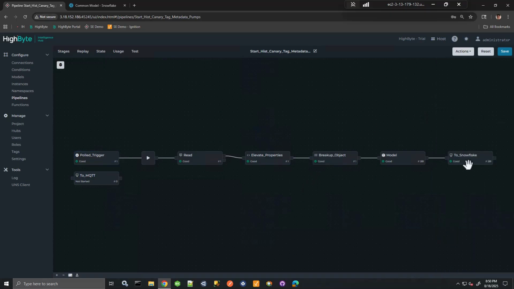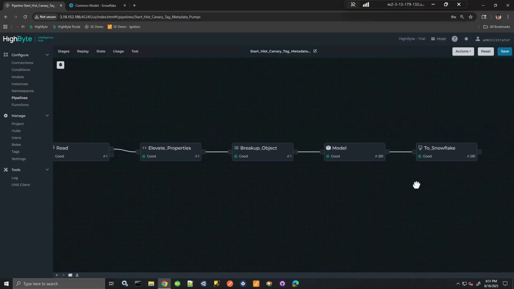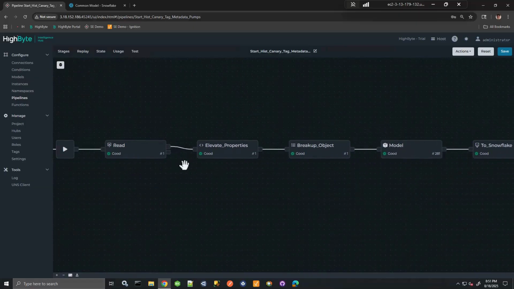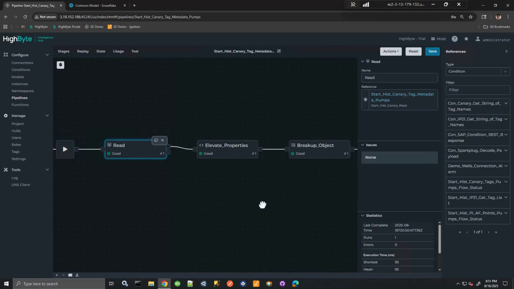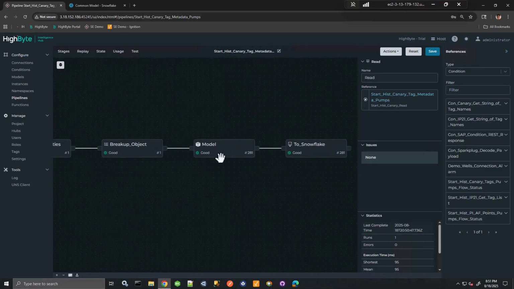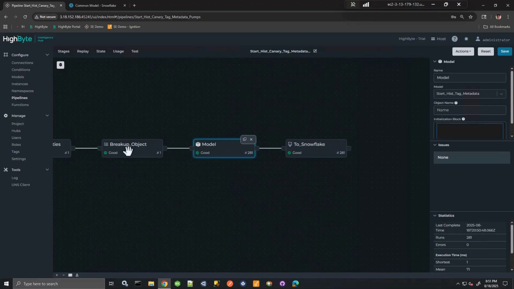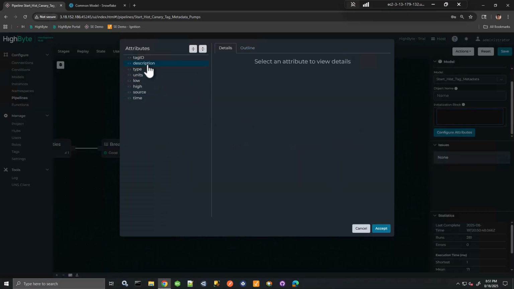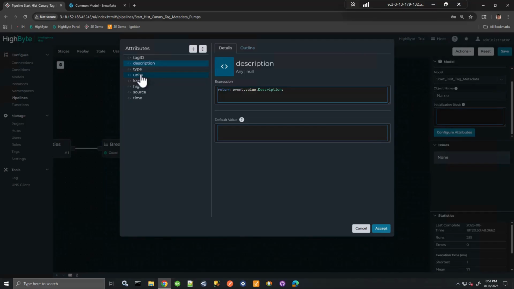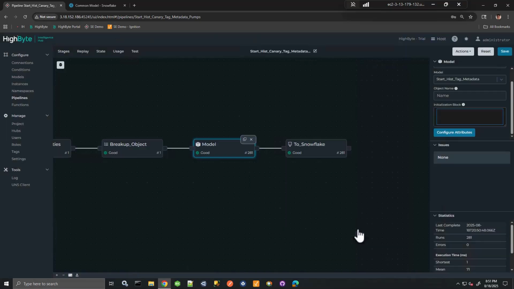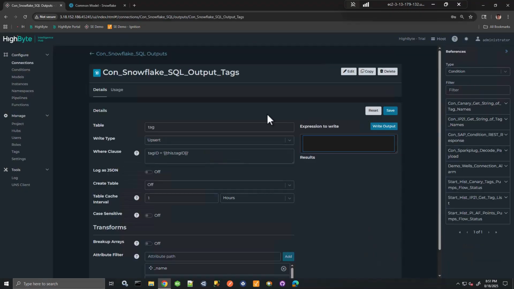It's run once, it's identified 280 tags, and it's written those to Snowflake, all their metadata. What I do is, I read that connection input that I've already shown you, break up the object in this case, and then I model. And that model that I referenced, I just use that as the data moves through, I map it into that model. So my high and low values, and then I'm just hard coding the source so that I know where the data came from. So that's going to be sent to Snowflake,